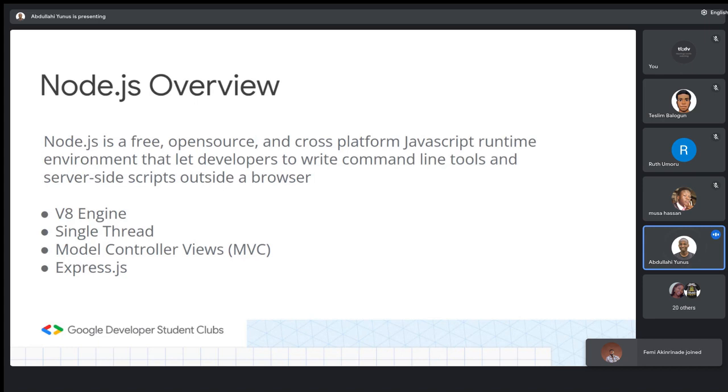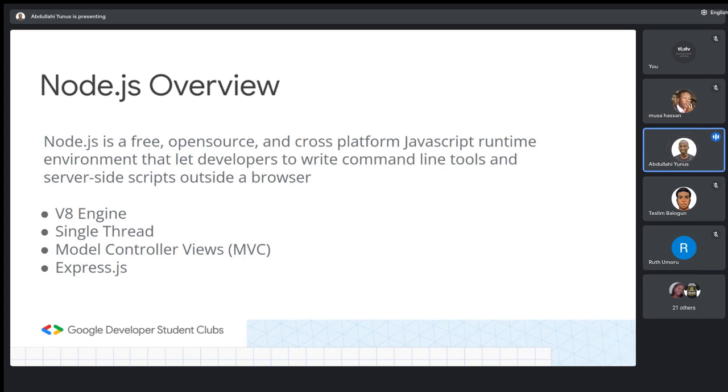But after JavaScript had gained momentum, after a lot of developers had used JavaScript and fell in love with the language, some cool developers decided to bring JavaScript out of the browser to the backend, so that we can use JavaScript